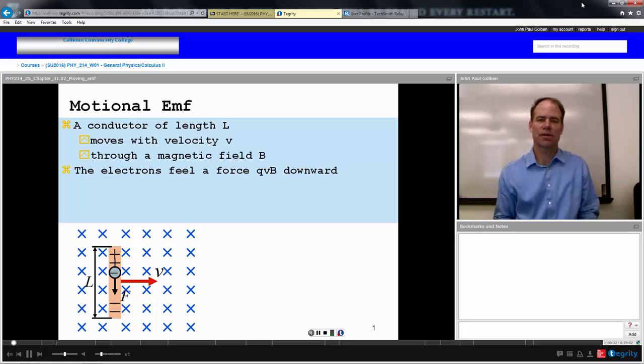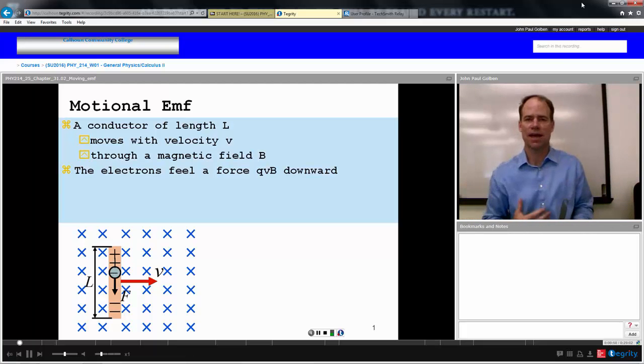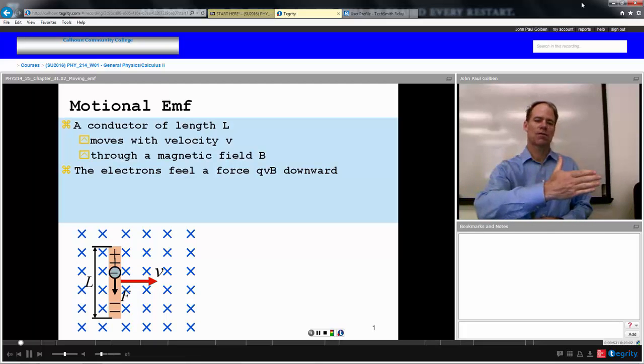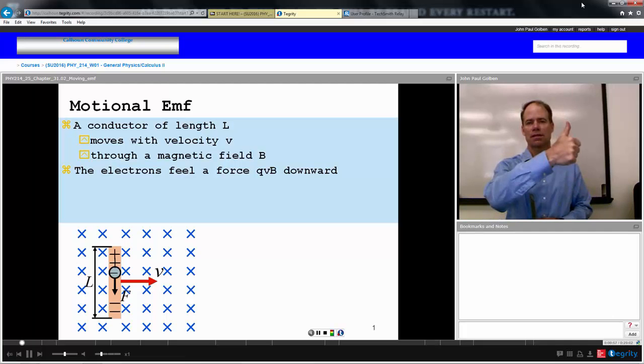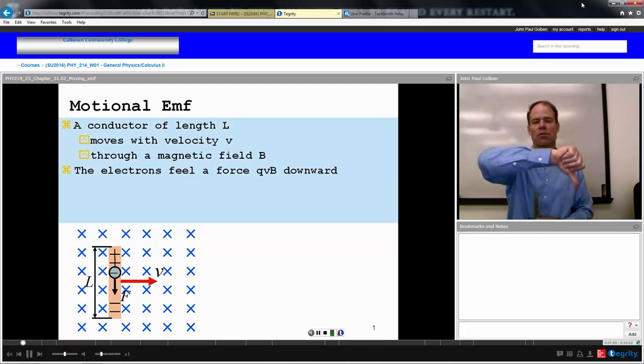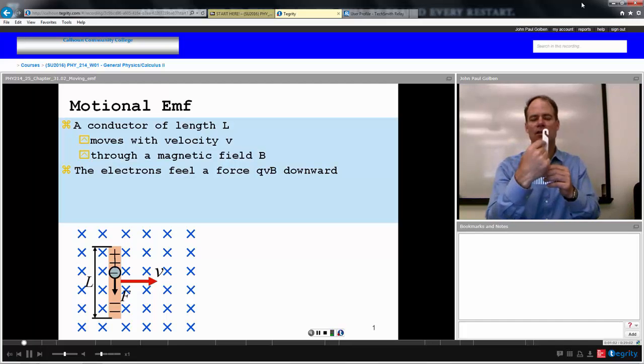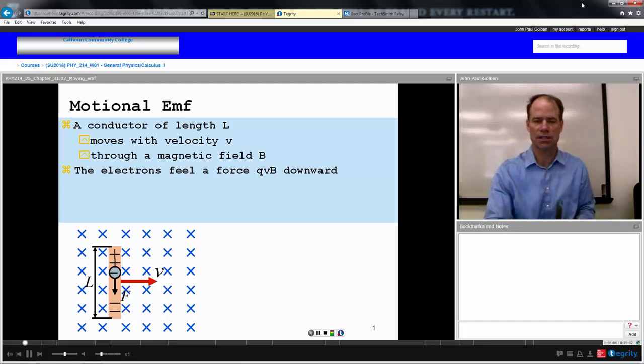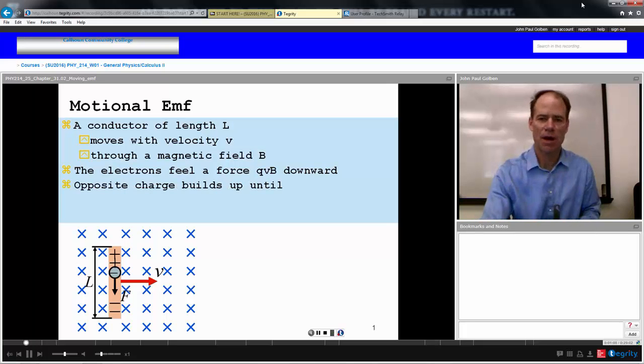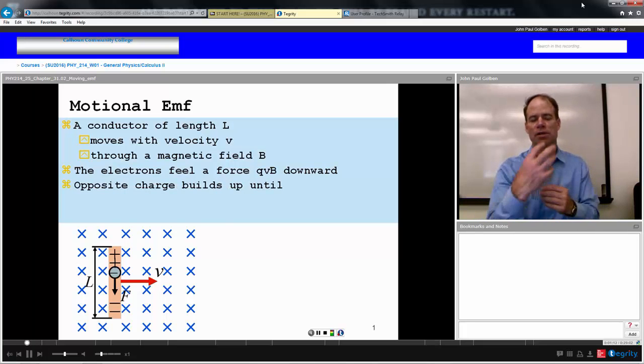So the electrons will feel a force, according to what we learned in chapter 29, qvB sine 90 degrees in this case. Let's say this conductor were moving through this magnetic field like this, with the magnetic field going into the page. Then v cross B is going up, but since these are negative charges, the force would be down. So all the negative charges on this conductor would be forced in a downward direction, thereby leaving behind a positive charge. So an opposite charge will build up, a positive charge at the top of the conductor,